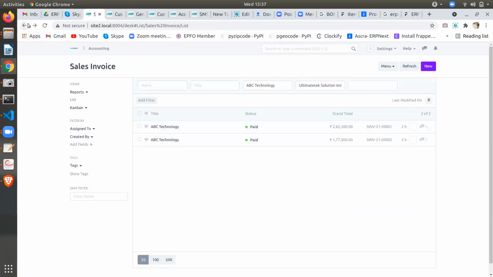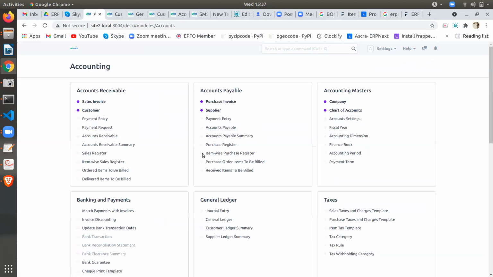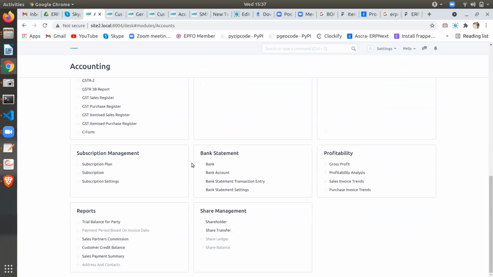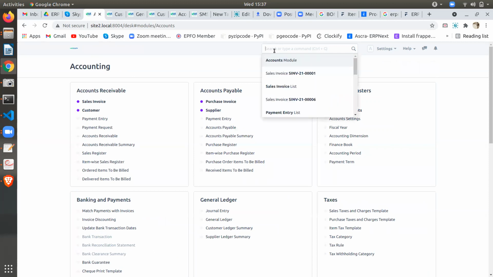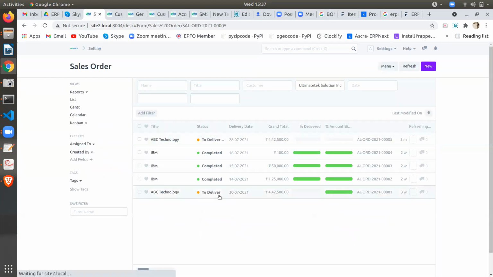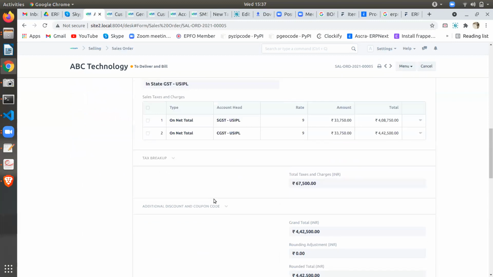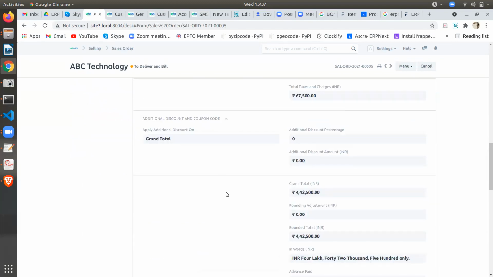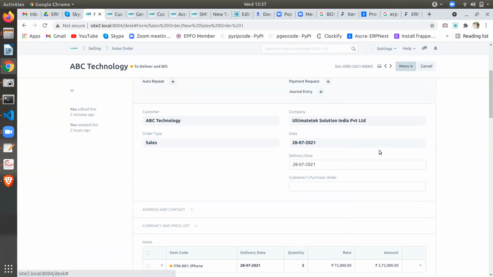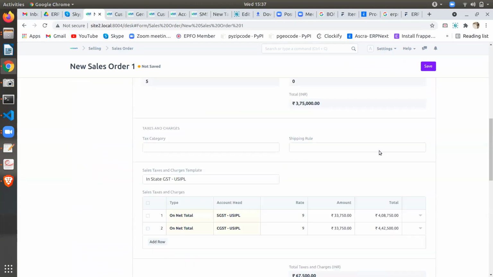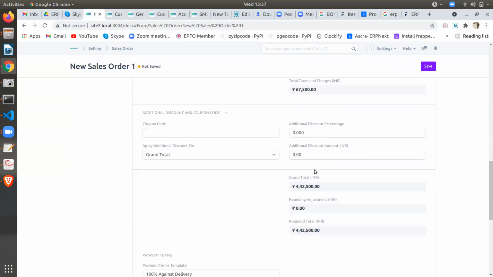Discounting, right? Directly after the stock. That option is there.